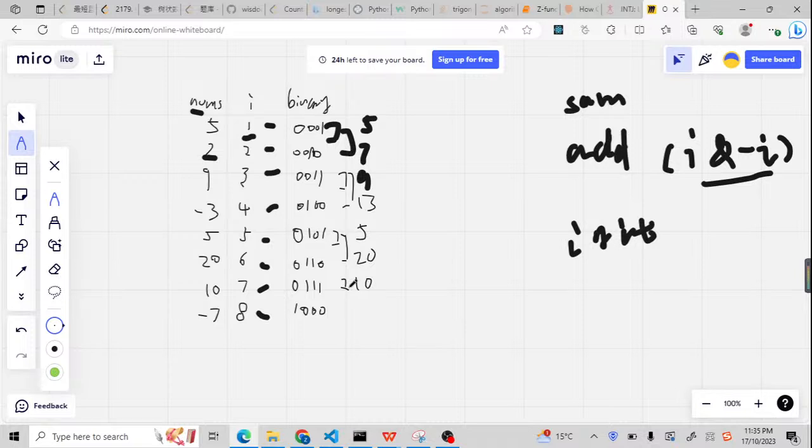And here gonna be 4 numbers. So if it is 4 numbers, it is 20 plus 10 plus minus 7. Yeah, let's check. So here 5 and 20, here should be 25. Yeah, so 20